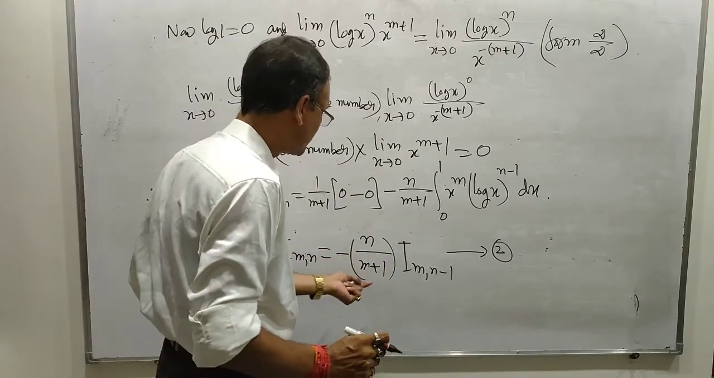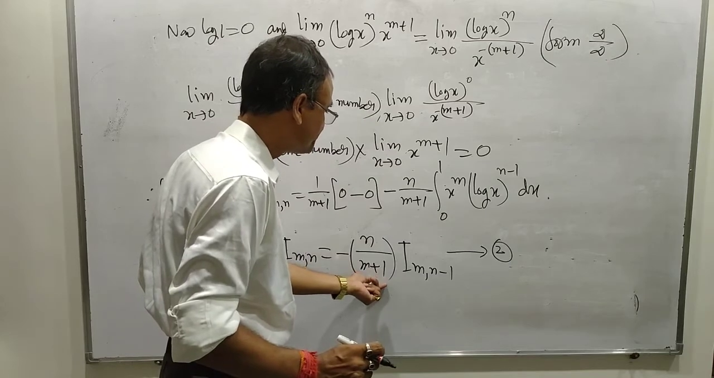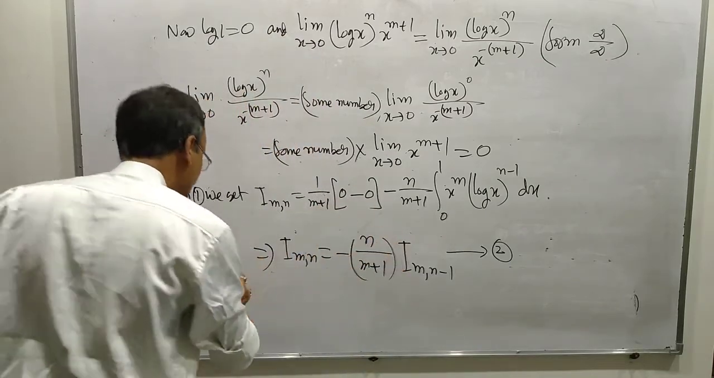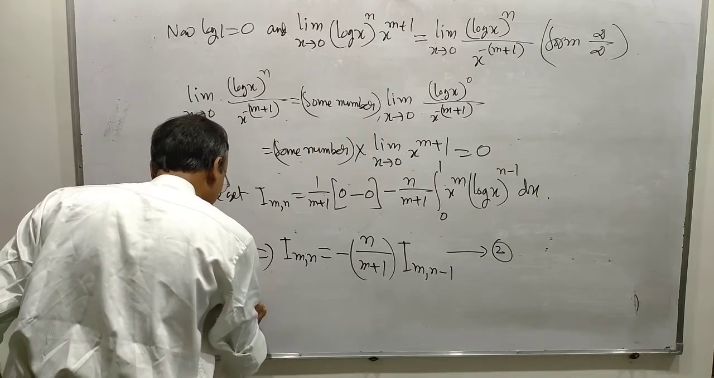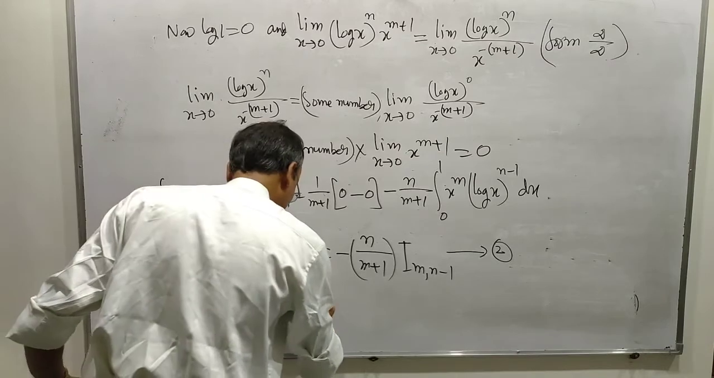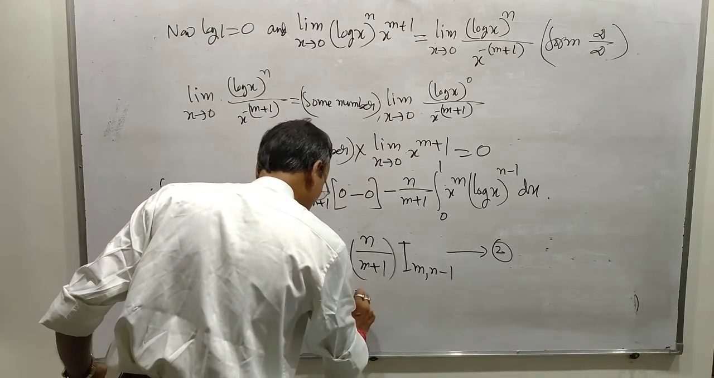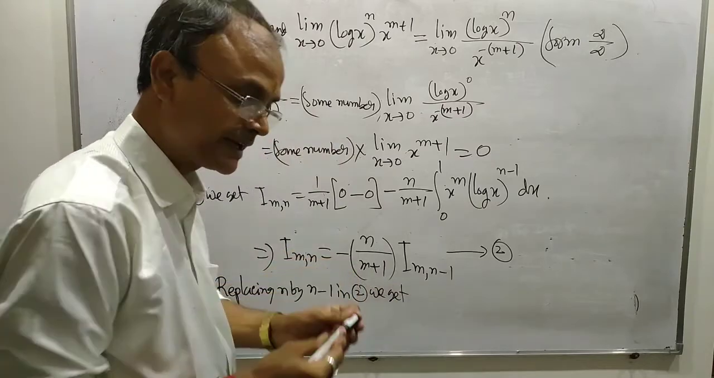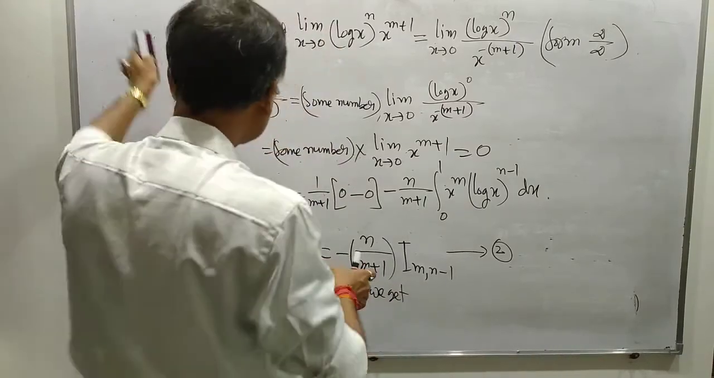Now replacing n by n minus 1 in 2, we get,